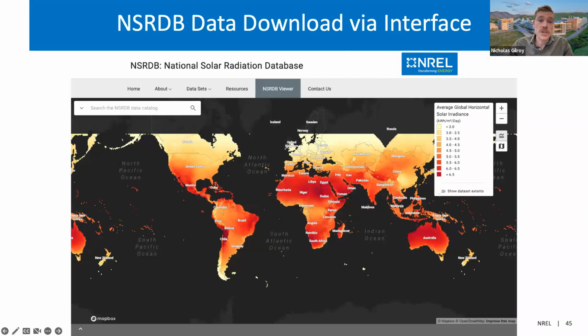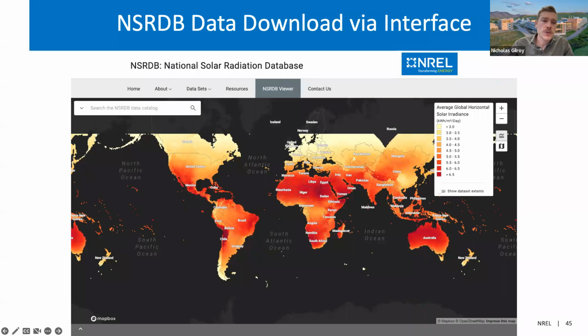As part of the process to update the viewer, we gathered feedback from users and stakeholders alike. We also went back to the basics. What is the viewer? What problem does the viewer solve? And how do we know if we've solved the problem? So what is it? The NSRDB viewer is a freely accessible web platform that hosts the entire data catalog. What problem does the viewer solve? The primary purpose is to enable access to the data and empower people to answer questions they may have, such as, what data is available at my location? Or, how can I tell the extent of the PSM data?